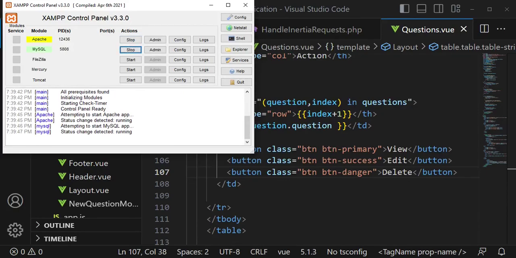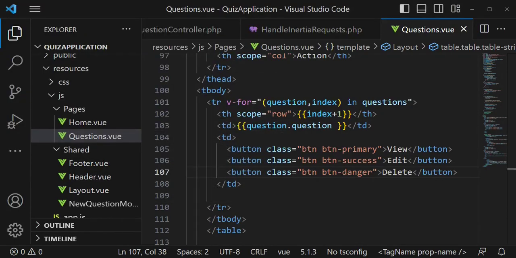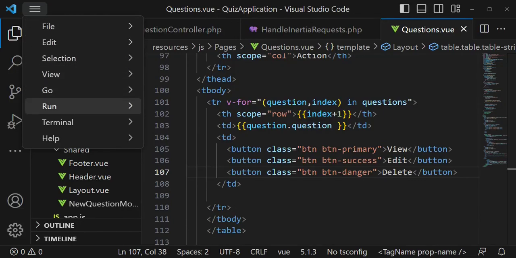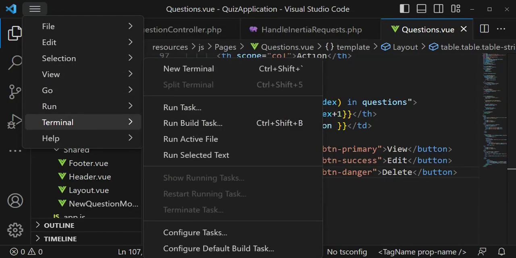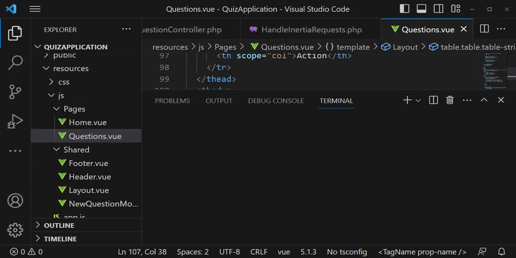That is Apache and MySQL. And then I also want to also run our Laravel application. So in this case, I'm going to create a terminal, and in one of the terminals, I'm going to type the command npm run